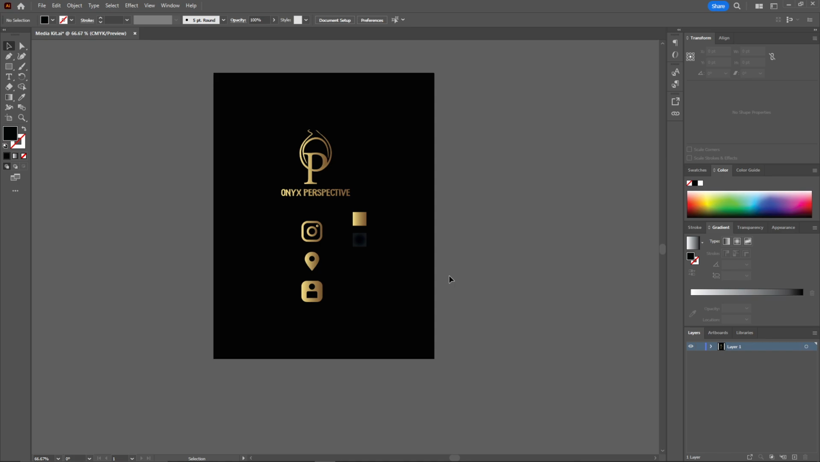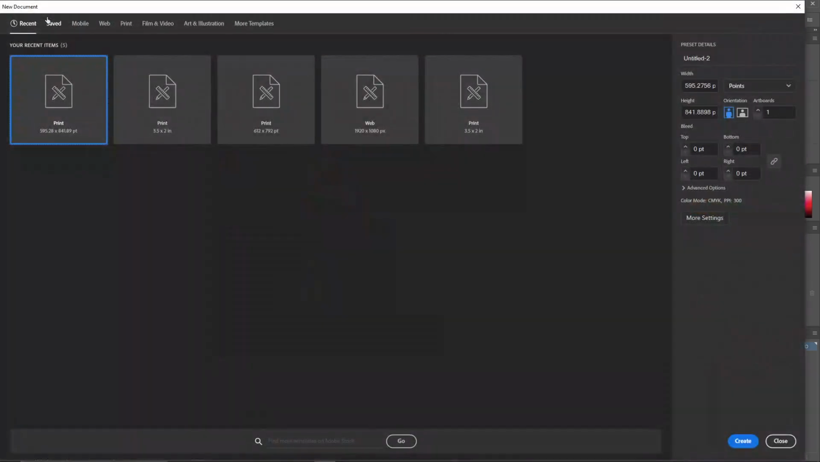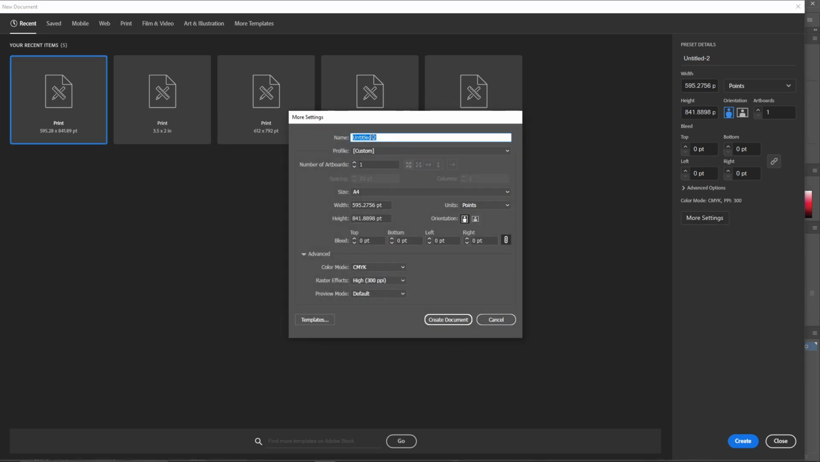To make a business card, first you need to open Adobe Illustrator and go to File and select New. And here you can click on More Settings and you can name the file whatever you want. If you want front and back side of the